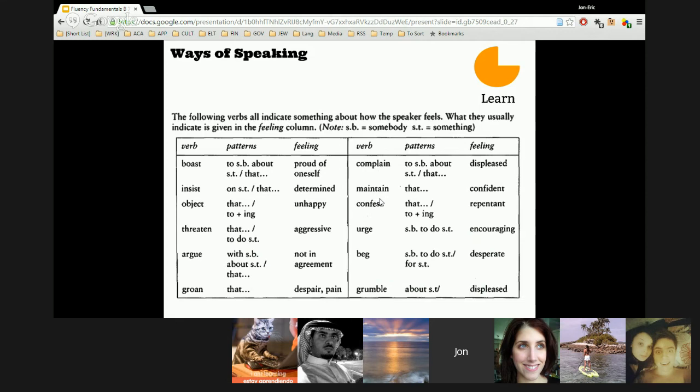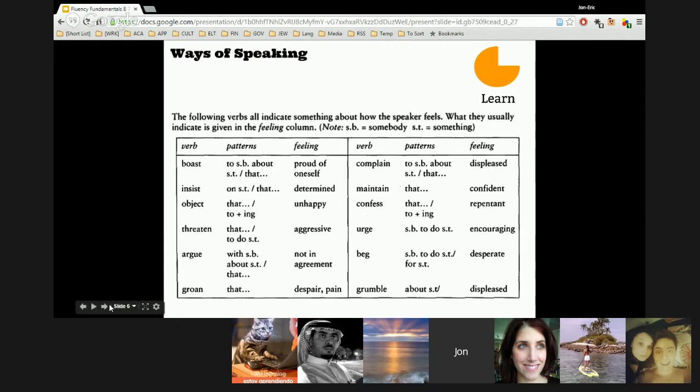So at any point, go back to this slide, slide 6, and take a look at the pattern to help you out if you need to formulate the sentence. Basically, we did this together a moment ago in a more informal way. But if you need to, go back and review the slide if you want a little extra help with the structure of a sentence. So grumble about something, beg somebody for something, urge somebody to do something. Okay? Any questions before we continue? Because we're going to practice now. Any questions about any of these? Is it more or less clear?